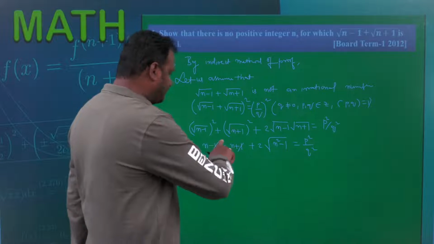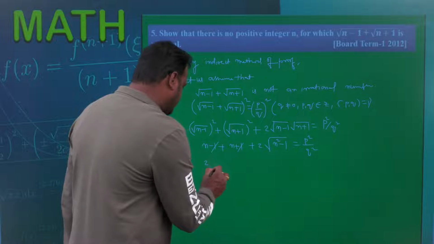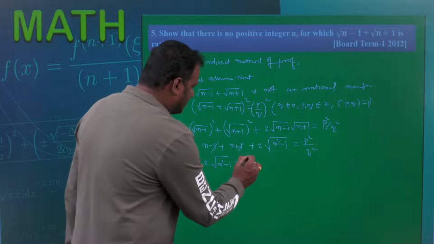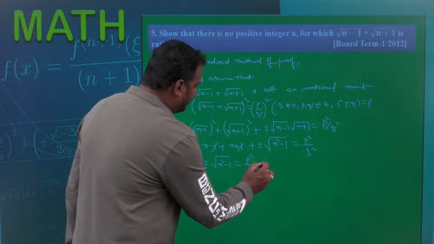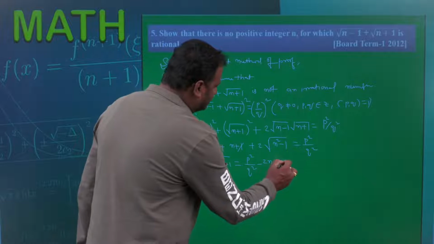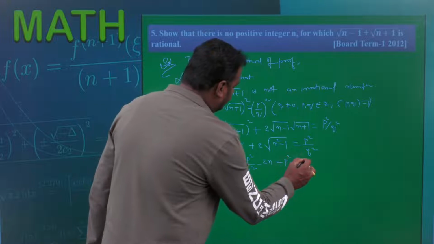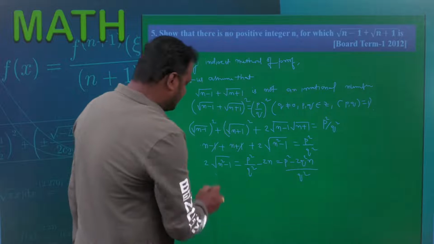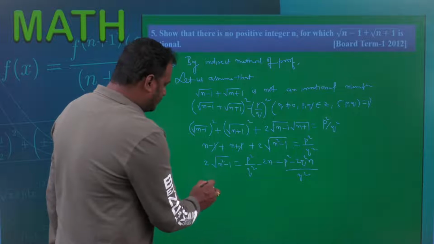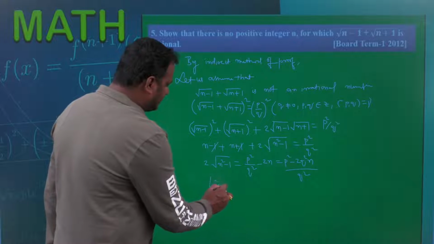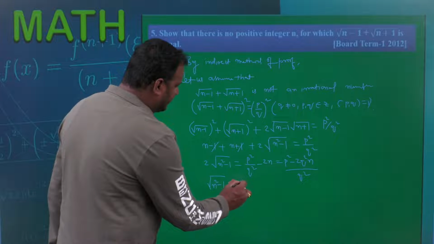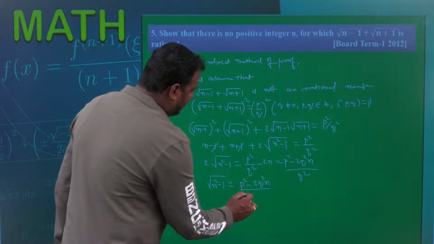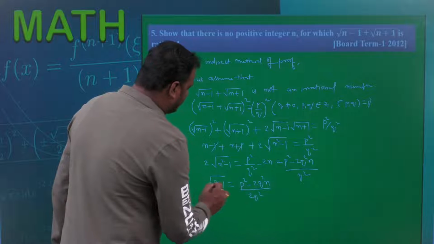Okay, so I am going to transpose the 2n that side. So 2 into root over n square minus 1 is equal to p square by q square minus 2n, which is equal to p square minus 2q square n divided by q square. Okay, this is 2 root over n square minus 1. Then root over n square minus 1 is going to be p square minus 2q square n divided by 2q square. Once you observe this,